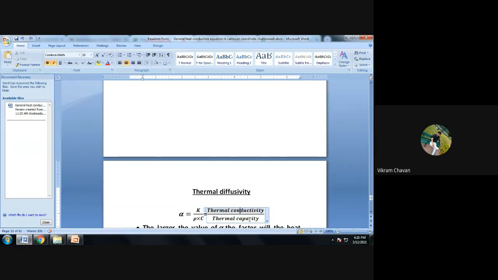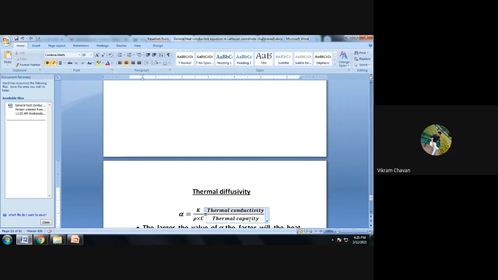If any material has good thermal conductivity, then the ability of that material to transfer heat is greater, and it will transfer the heat as fast as possible. As the thermal conductivity increases, the material has a high capability to transfer a maximum amount of heat within less time. That is the significance of a higher thermal conductivity.